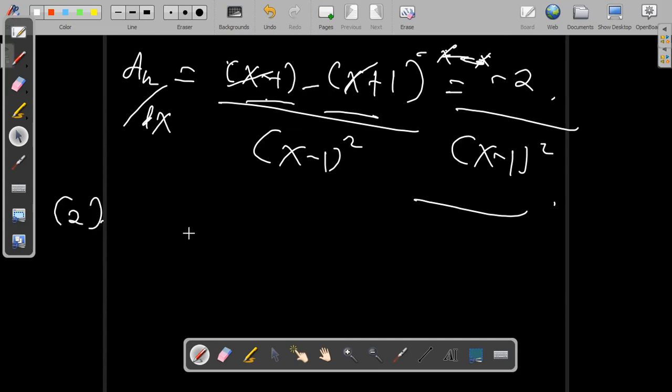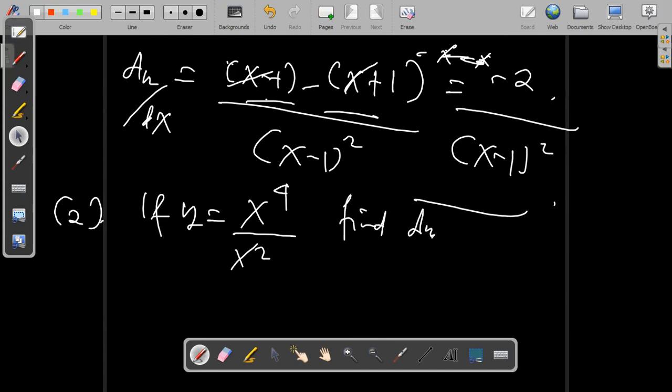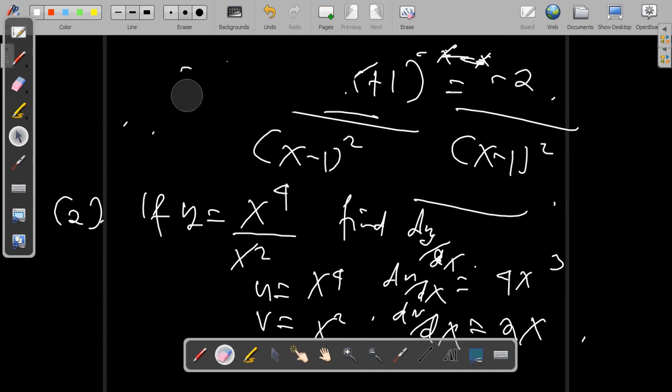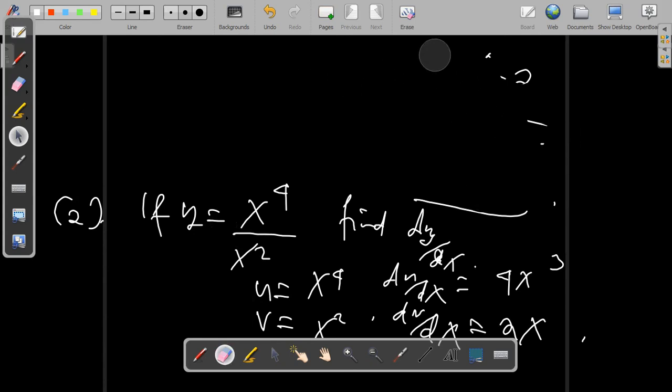Second, now if y is equal to x raised to power 4 over x squared, and we are required to find dy over dx, our u is equal to x raised to power 4, and our v is equal to x squared. Our du over dx is equal to 4x raised to power 3, and our dv over dx is equal to 2x. Now when we plug into our formula,